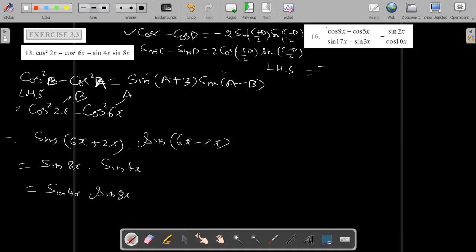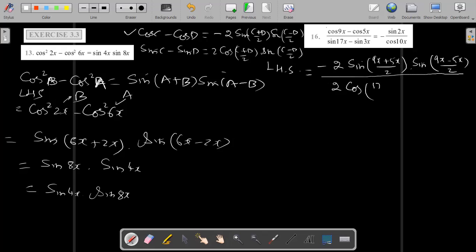We get minus 2 sin (9x plus 5x) by 2 into sin (9x minus 5x) by 2, divided by sin C minus sin D, that is 2 cos (C plus D) by 2,